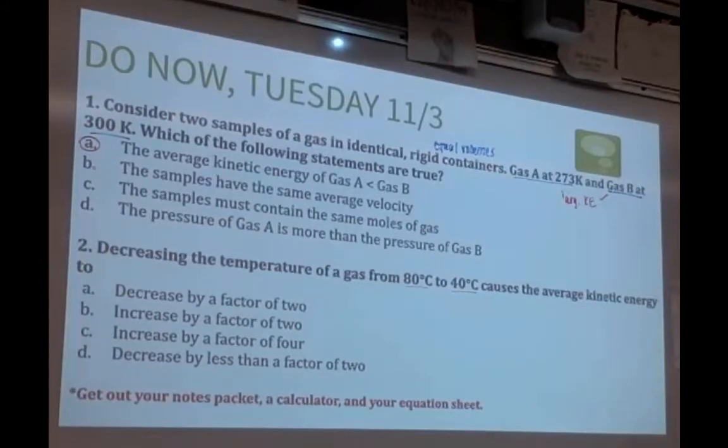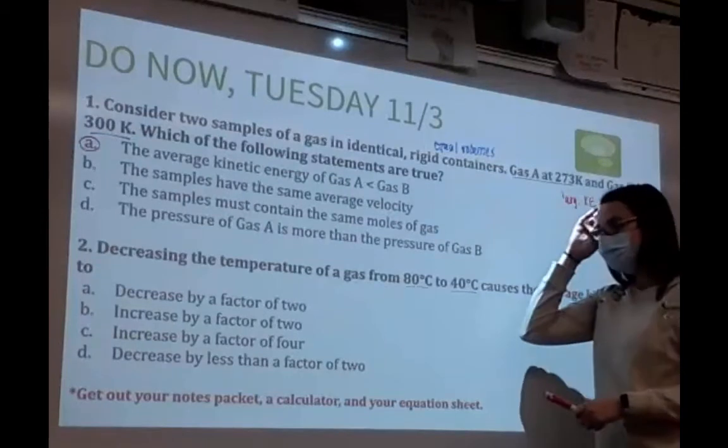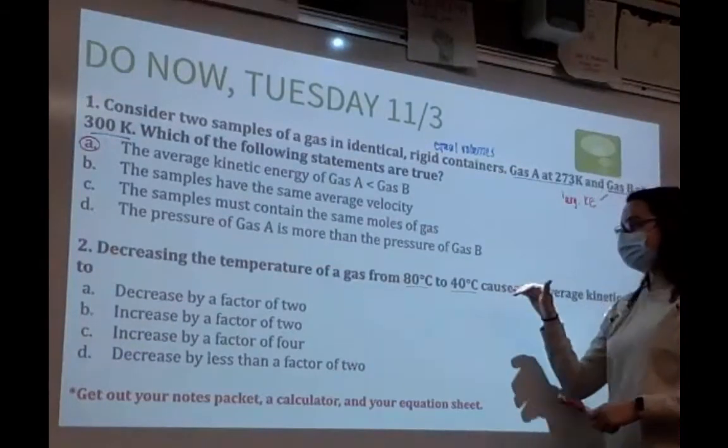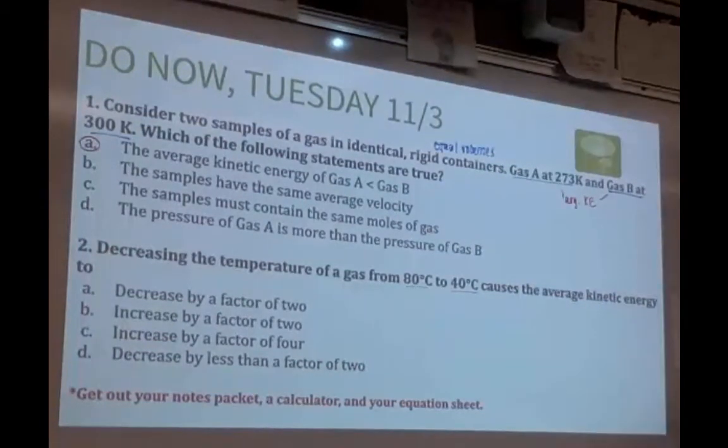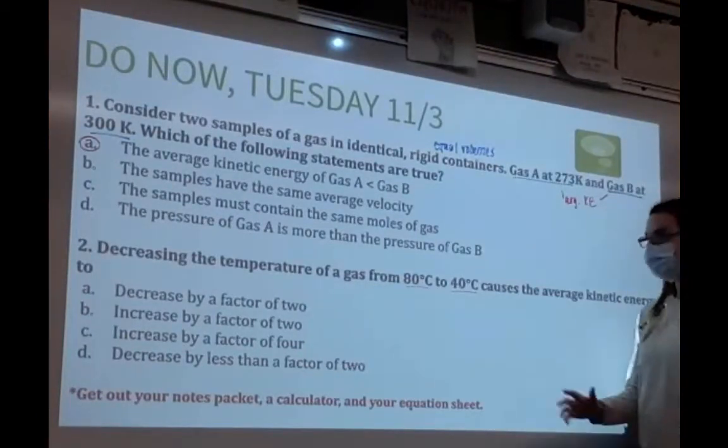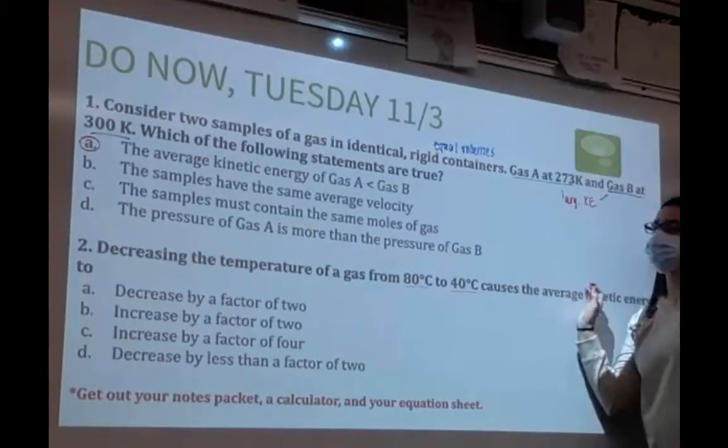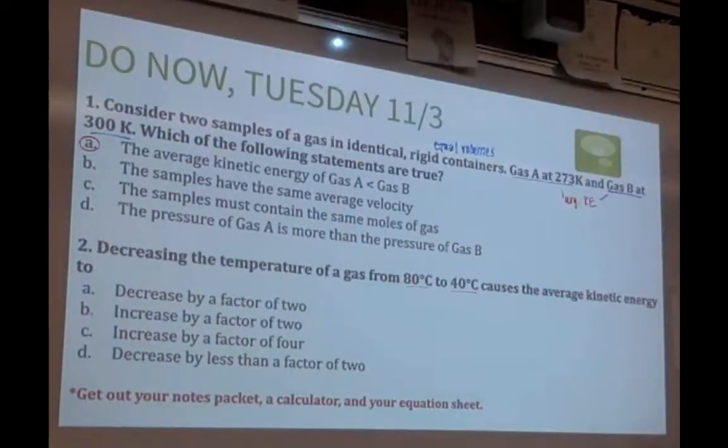Whenever you do gas law problems, whether you're using the combined gas law or the ideal gas law, the temperature scale that you have to use is Kelvin. You cannot ever use degrees Celsius. Even if the initial temperature and the final temperature are in degrees Celsius, you have to use Kelvin